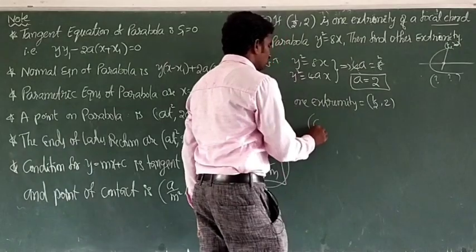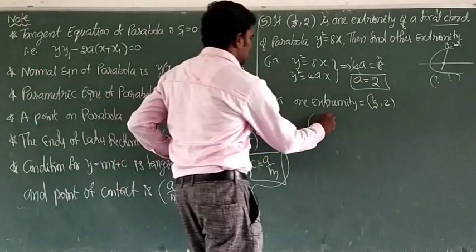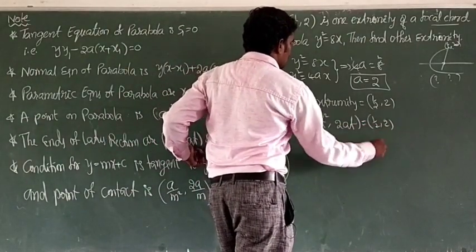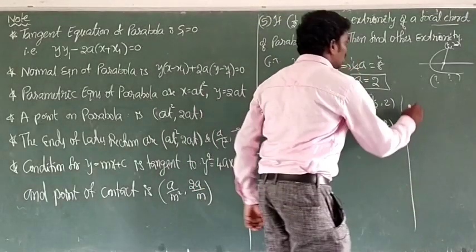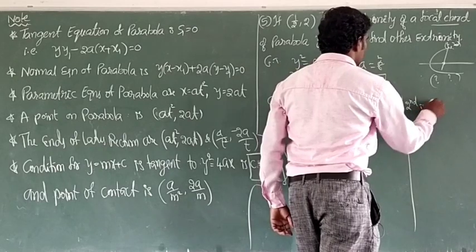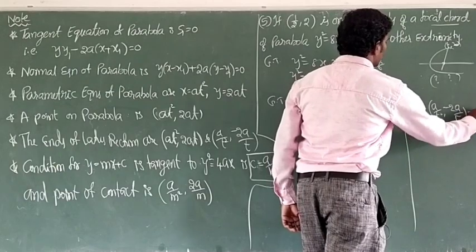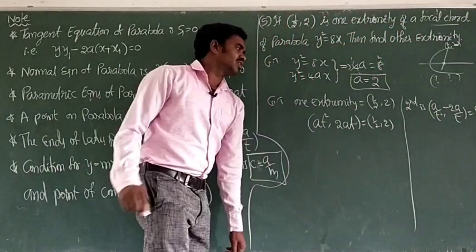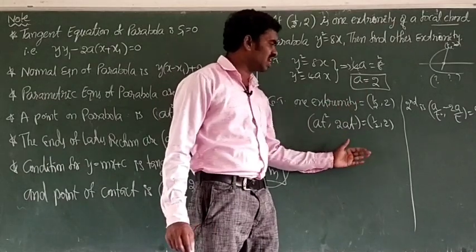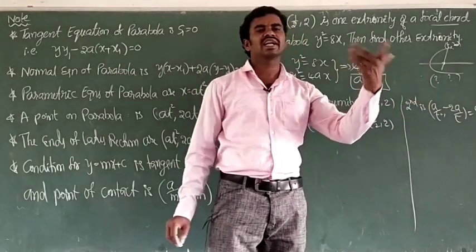Generally, two extremities are there. One is at square comma 2at, which is compared with 1 by 2 comma 2, and he is asking what the second extremity, a by t square comma minus 2a by t, is equal to. To simplify this, using the a value we already found, we can find the t value here. After getting the a and t values, substitute in this, we can get the answer.